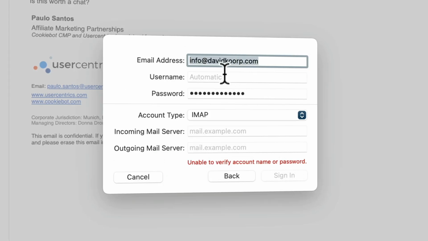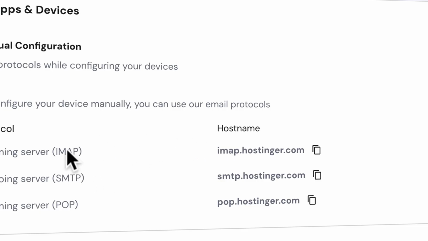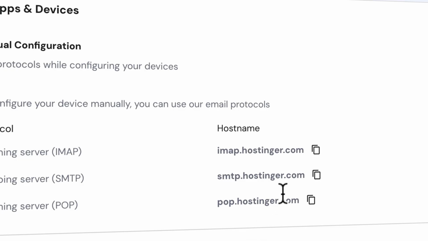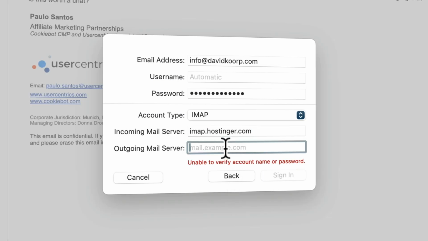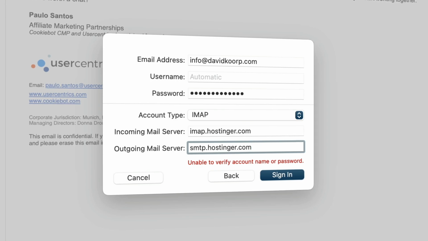My password, I click on sign in. Then I want to copy my email address and paste it over here. Then I go to my browser, copy the incoming server, and I paste it here. And I want to copy the outgoing server. Copy it. By the way, we're going to use IMAP. That means that when I adjust something on my email client, for instance, MacMail, it will also be adjusted on my phone. And if I delete something on my phone, it's also deleted on my webmail and on my email client. So everything is in sync with each other, which is amazing.